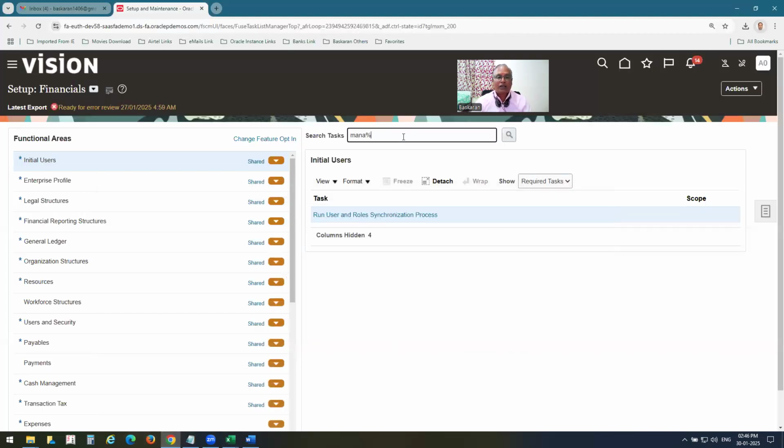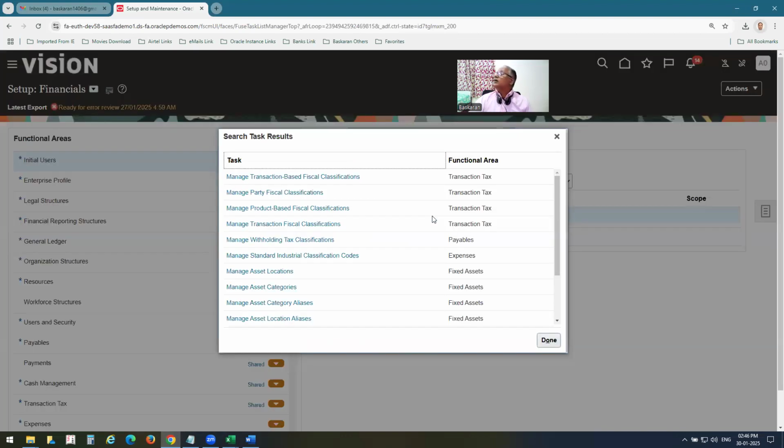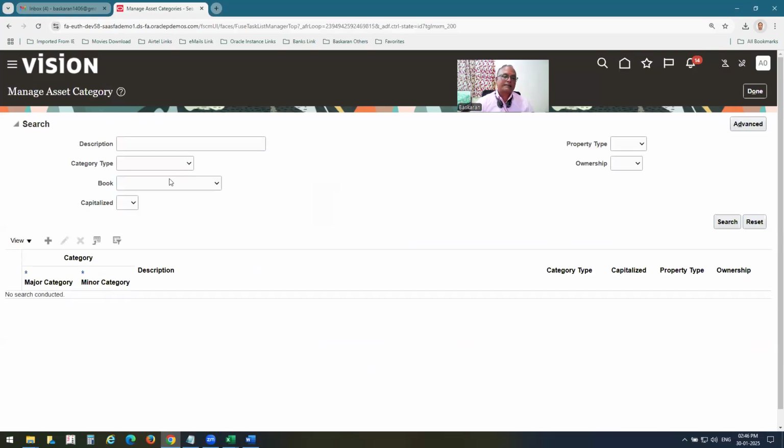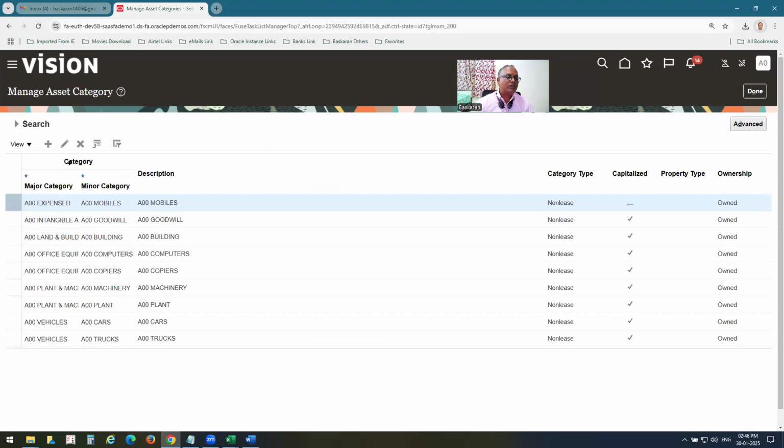So we'll go to manage asset categories. Search for the category. Previously, I came to this window and at that time I had not completed my